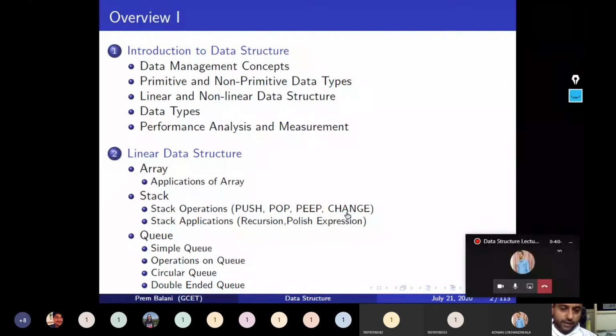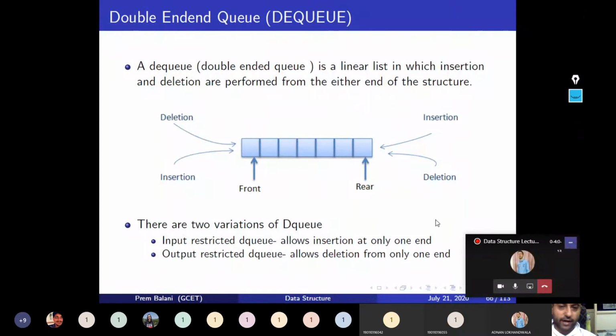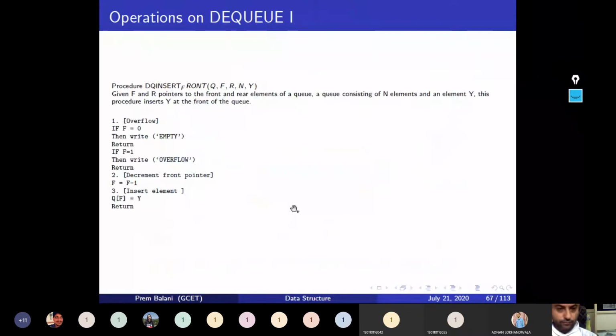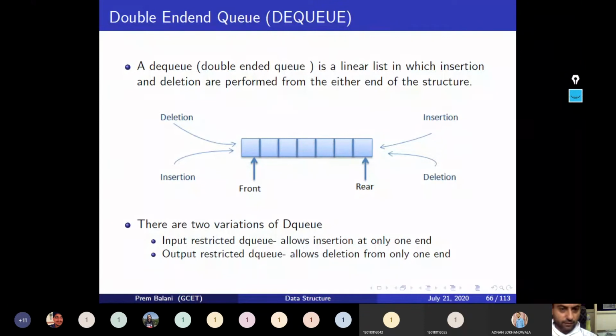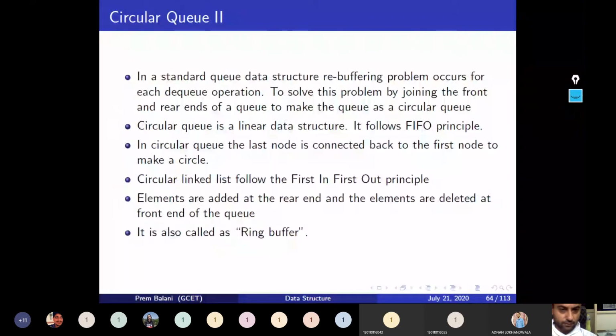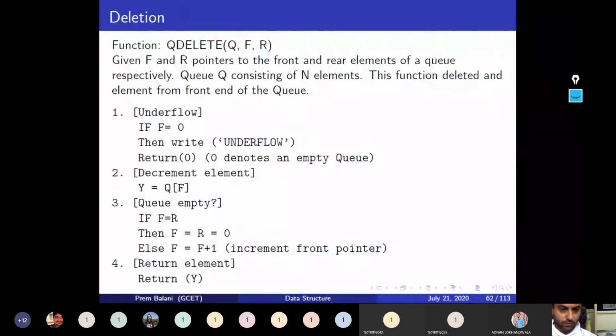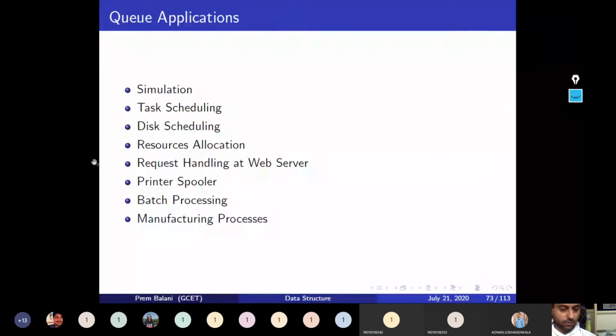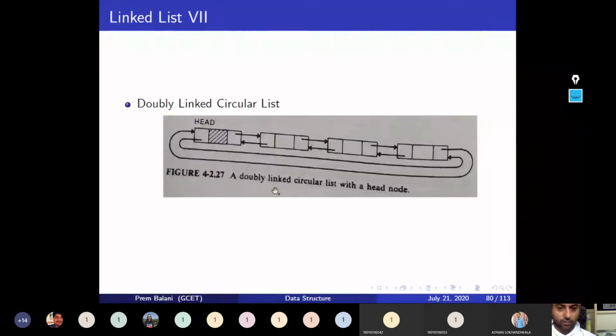Where we stopped in the last lecture, I think we started the double-ended queue. So let's go there directly. No, I think we started linked list, right? So I need to go to linked list.